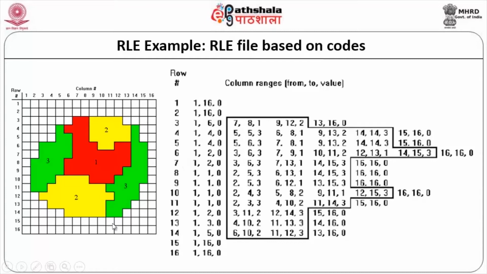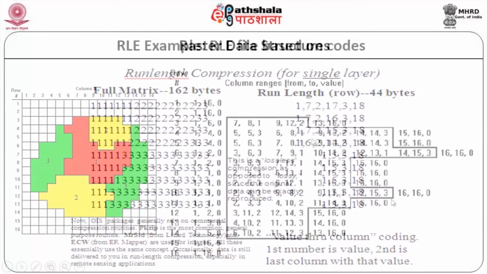So, this is the way the run length code encoding is being done, and the entire map whatever is required is stored here, and at the time of retrieval it becomes much easier for the computer. 1 to 16 it gives a blank value because it is only a cell value, just pick from the hard disk, and then 7 and 8 it just gives the value of 1 1, 9 to 12 it gives a value of 2 and so on and so forth. So, the retrieval is much convenient here.